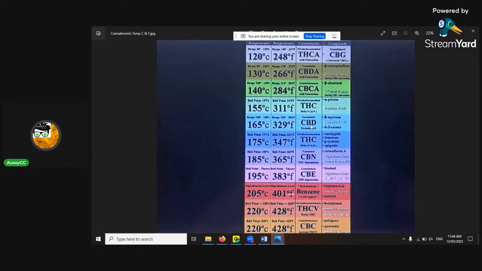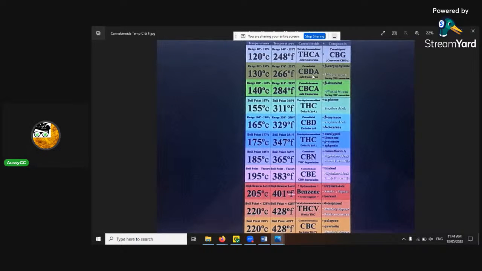So then if you were to put it up a bit higher again to 190, you'll find that you're going to unlock your delta 8, your delta 9, and your THCA out of that. So it's going to give you the full effect. So that's how to work THC. And then the CBD has a similar profile, just in different temperature ratings. It's all to do with temperature.